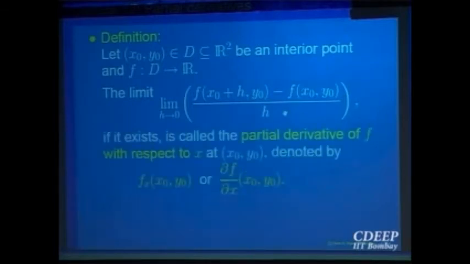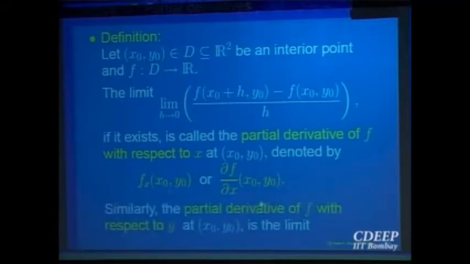If this limit exists, then you say the function has a partial derivative, because you are looking not at the full function, you are looking only at one coordinate. So this is called the partial derivative of the function with respect to x at the point x naught, y naught. To denote that, f is the function whose partial derivative we are looking at with respect to the variable x. x is the variable which is changing, y naught is fixed. So you write f lower x at x naught, y naught. This is also written as del f by del x at the point x naught, y naught. Just to distinguish, you don't write df by dx, you write del f by del x, which indicates that you are looking at a function of more than one variable.